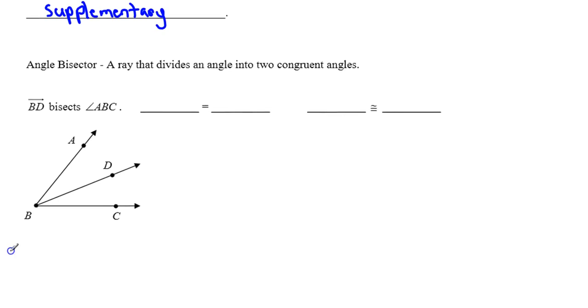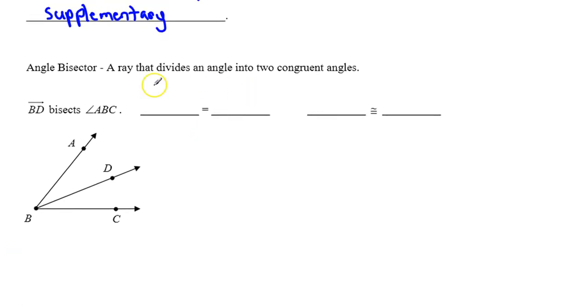And now we're going to talk about an angle bisector. An angle bisector is a ray that divides an angle into two congruent angles. The prefix bi means two, and sect means cut. So whenever we see the word bisect, we're cutting it into two parts. And what are we cutting into two parts? Well, we're cutting an angle. So here we see that ray